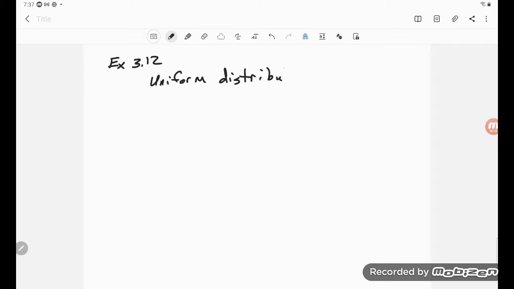Because they ask us to show this, I feel like we need to show it using a mixed PMF PDF. And so a uniform distribution on [a, b], well, a continuous one here. So that would just be a PDF, f of x equals 1 over b minus a, and we can see that works nicely in that if I look at F of x,